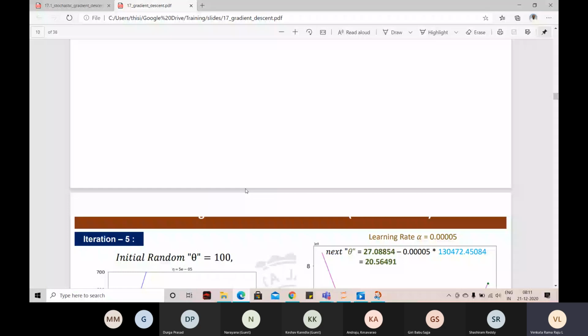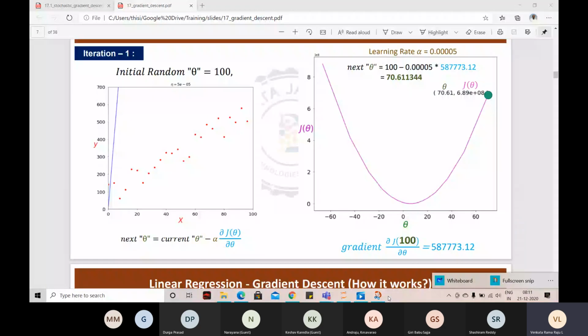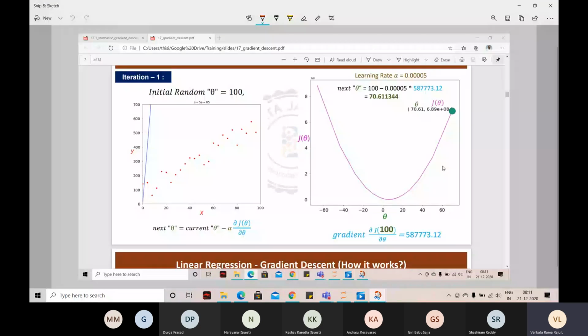If your features are on similar scale, then your curve is going to be like this. If your features are not on similar scale, then this cost function curve will come like that. Still going to be a parabola, but almost like a line kind of parabola. Now if you are trying to apply the gradient descent algorithm, what happens? If your cost function curve is like that, what happens to the gradient descent algorithm?